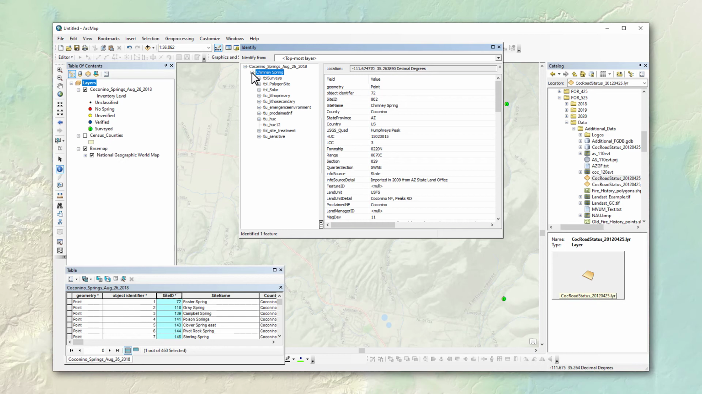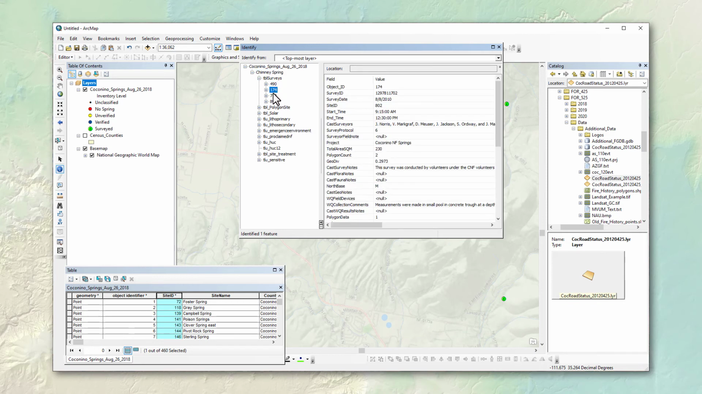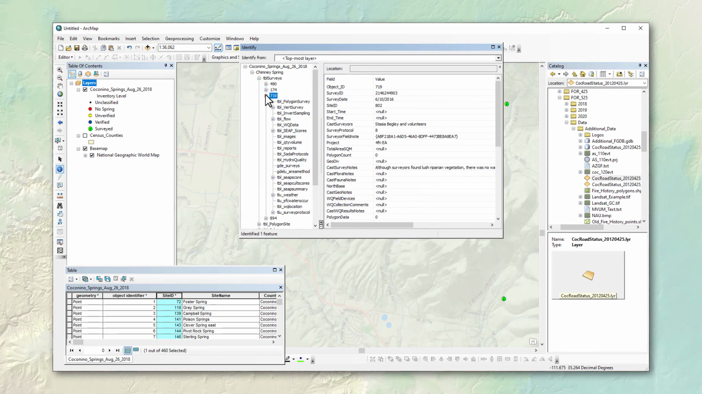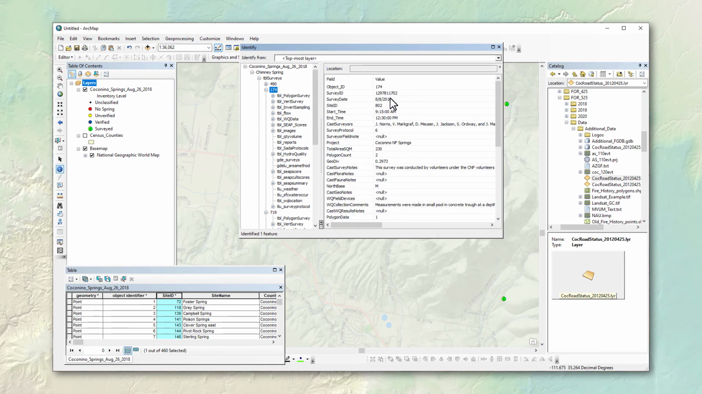I can see that here's a table of surveys. I can open that up. I can see that there are 4 surveys that have ever been performed on this spring. I can scroll around in here. For each survey, I can find additional information that has been gathered on it. So in this particular one, on Survey 174, performed on August the 8th of 2010, looks like they have some